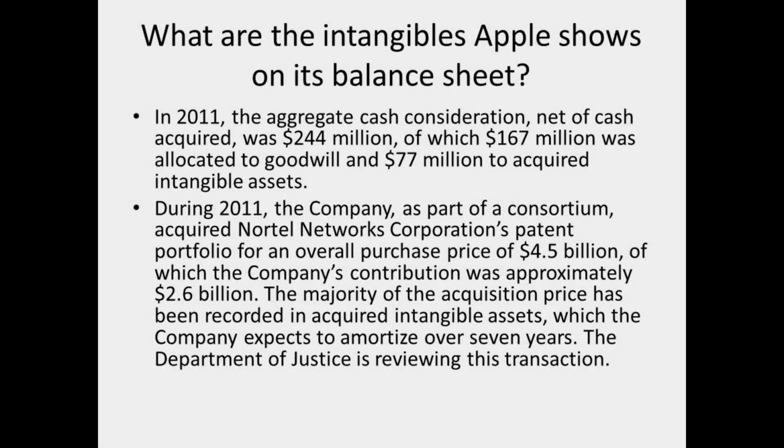Okay, so we can't measure it because it doesn't have an exact value. And what does accounting say we're supposed to do when we develop intangibles internally? We expense all the costs. We don't get to record them. However, we can record intangibles when we have purchased them. So if we go and buy a patent from somebody else, which has already been proven to be a good thing, and the reason we're buying it is we think it will add to our portfolio, then we can record some intangibles.